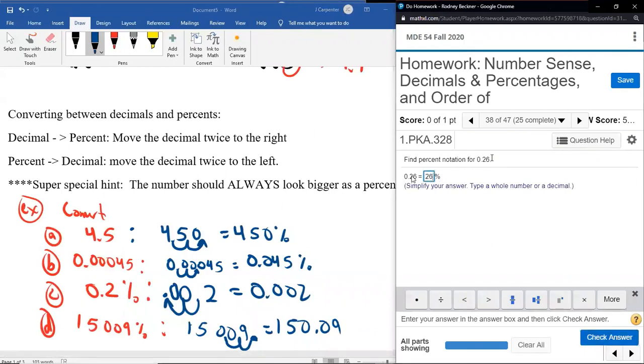This is a very common type of percent to convert for us, like something like 0.07 or 0.26, something with just 1 or 2 decimal places, because a lot of APRs are something like 5%, which would be 0.05, or 22%, which would be 0.22, or 7.5%, which would be 0.075.